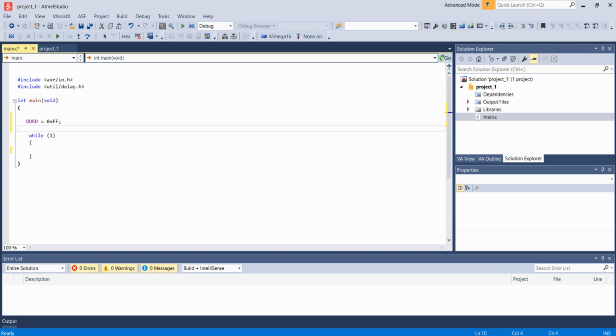That can be done by DDRB |= (1<<DDB0) | (1<<DDB1) | (1<<DDB2). This will make the PB0, PB1 and PB2 pins of the microcontroller output.